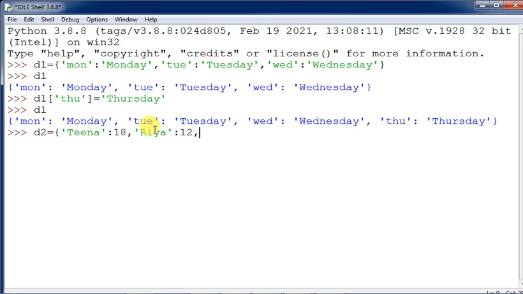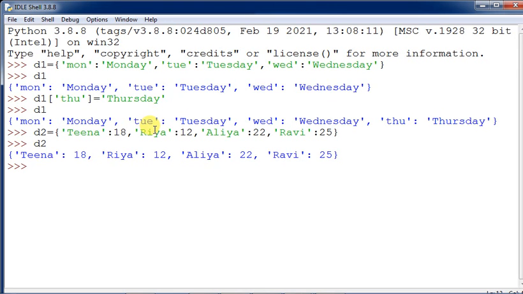Then Alia, her age is 22. And Ravi is 25 years of age. So this dictionary we have created out here. If you take d2, it will show you the dictionary elements.